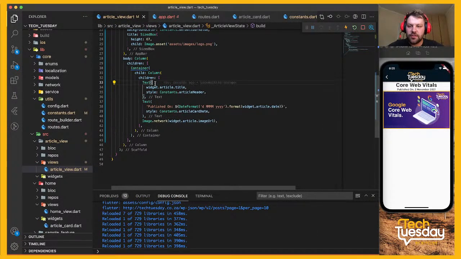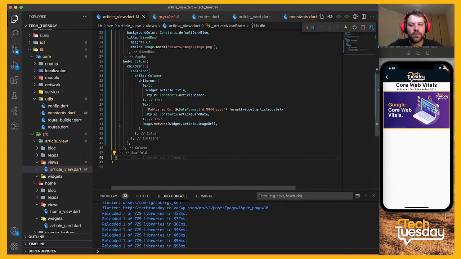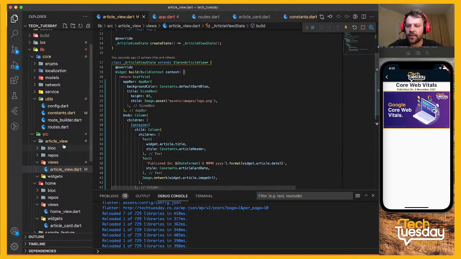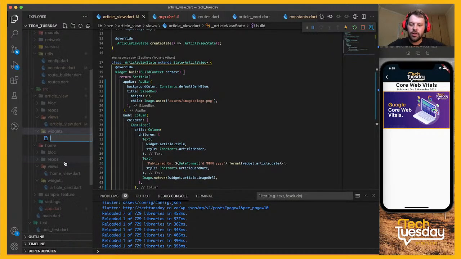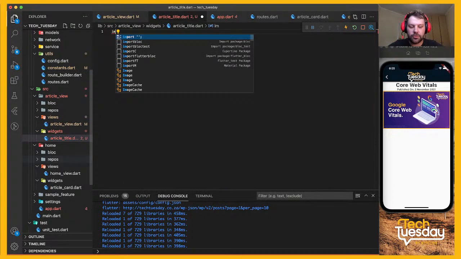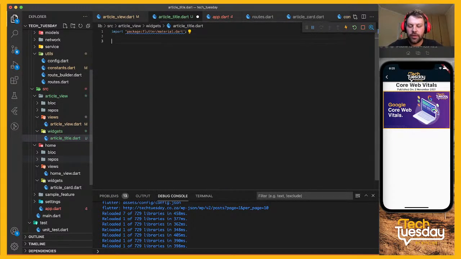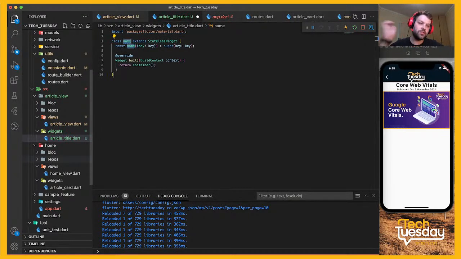So what we can actually do is extract our two title items into their own widget. So this will not necessarily be a widget that we will be reusing, but I think for good practice we should just add one. So you can say new file, we'll call it article title dot. We'll import our material package. We'll just use a stateless widget because it's not going to change its state, it's just going to use whatever we pass it,